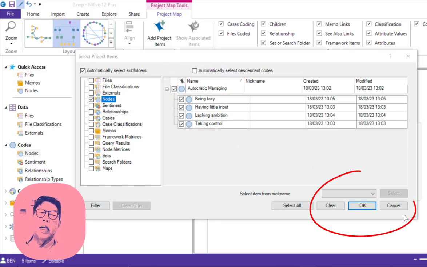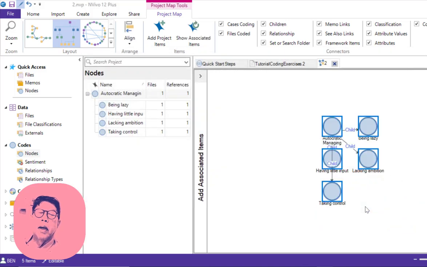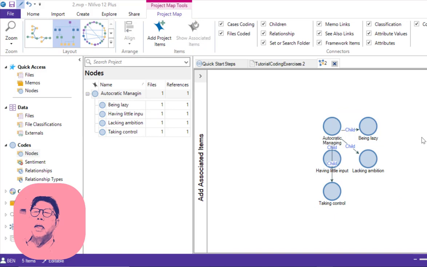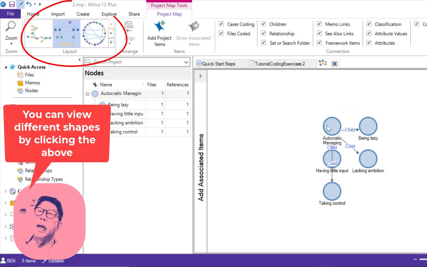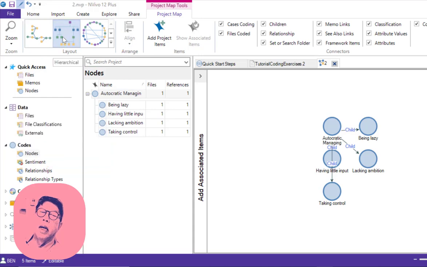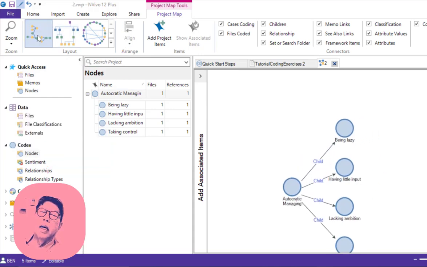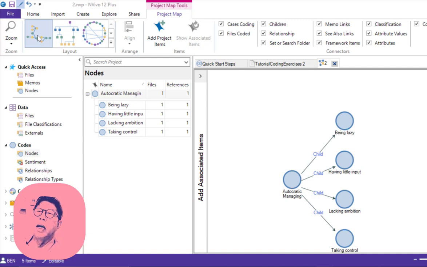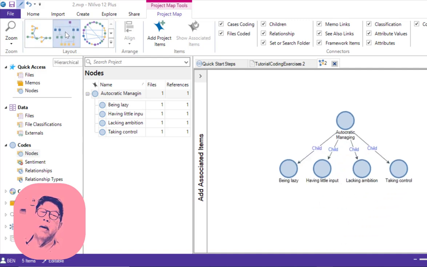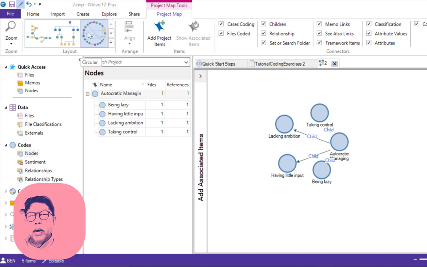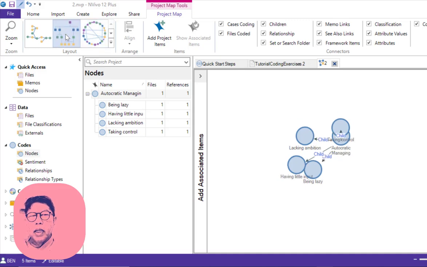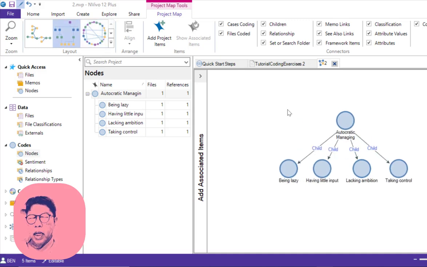See, all the picture there. That's what you want. The autocratic managing, that is part of it. But I want to see a different shape. You click there. Oh yeah, that's much better. That one is better. That is fine also, but I like this one. Very clear.